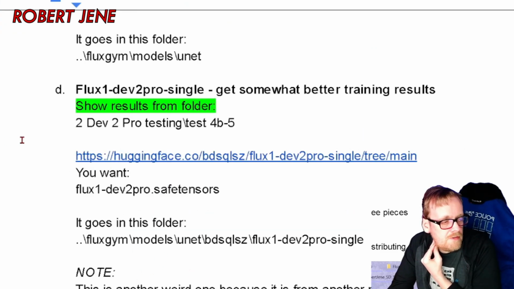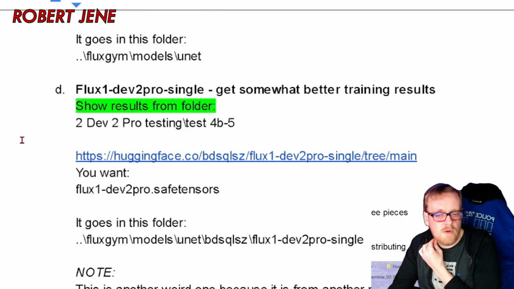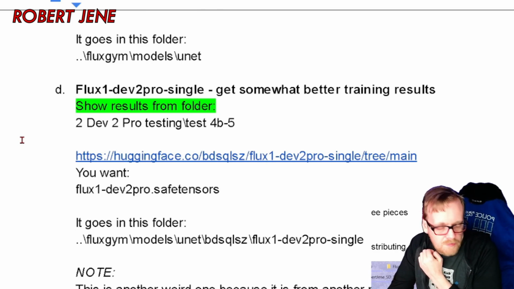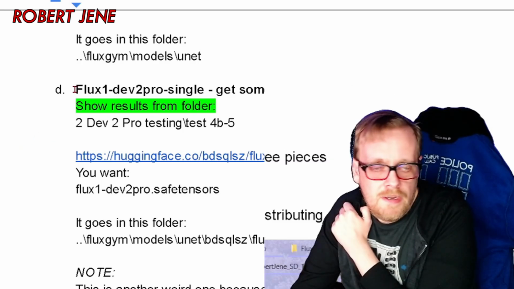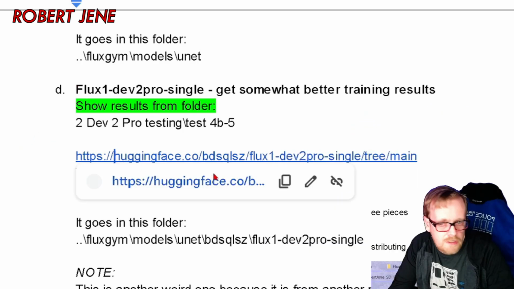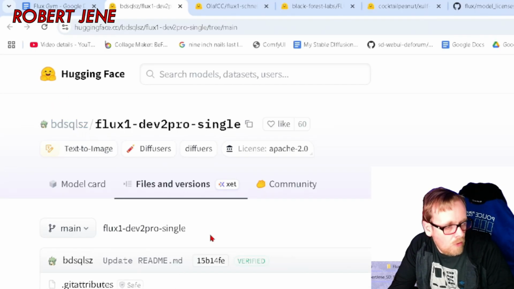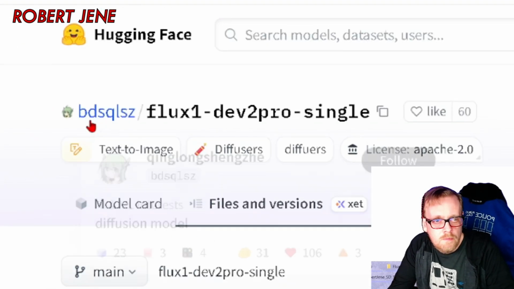Now this next one, I've got a love-hate relationship with it. I love it because it makes your training come out better, but I hate it because, again, he's modified something from Black Forest Labs without fully reading the license, I assume. Here's the link. It's on a whole other fourth repo, Buddhist